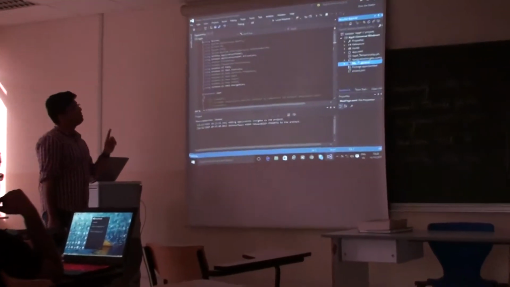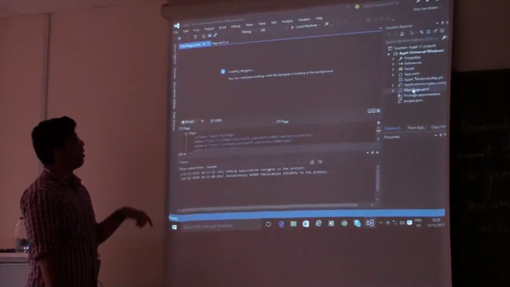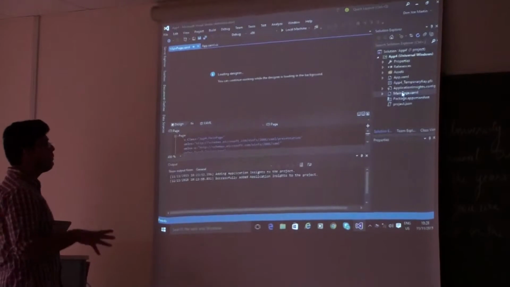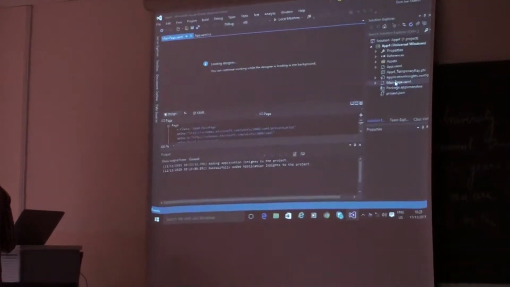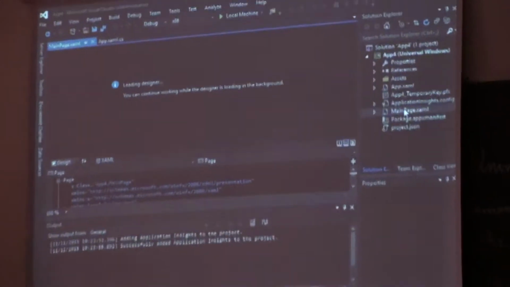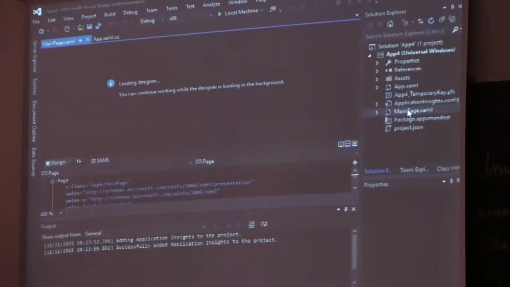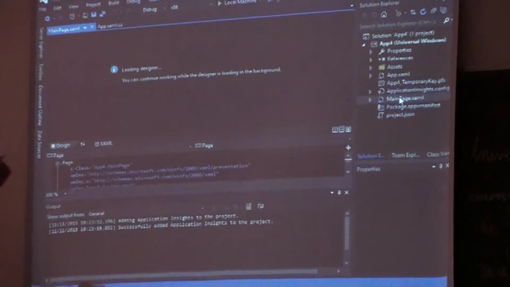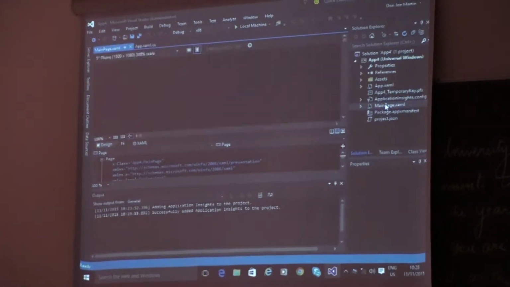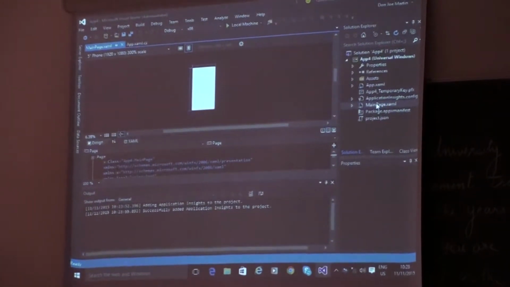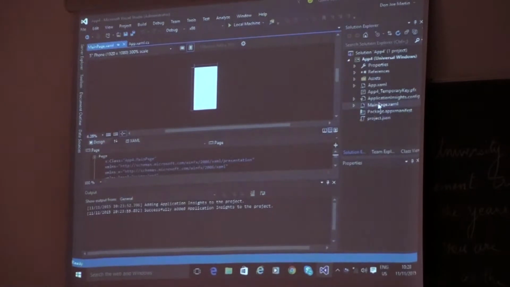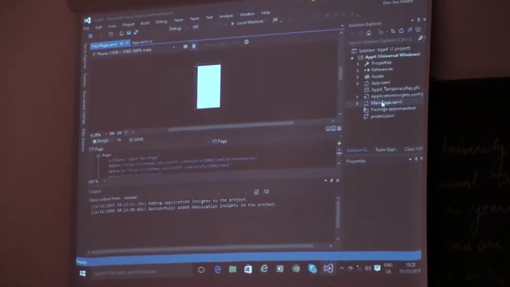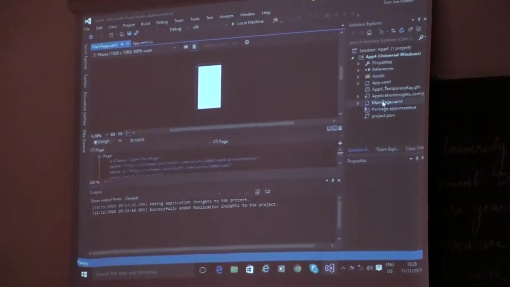Now, as you can see in the Solution Explorer, there are quite a few options. The first one starts with App 4, that is basically the name of the app that we gave when you first created the app. The universal windows shows the platform on which it works. Below that, properties, references, assets. Well, basically, properties contains a few files that it needs to run. You don't need to worry about that.